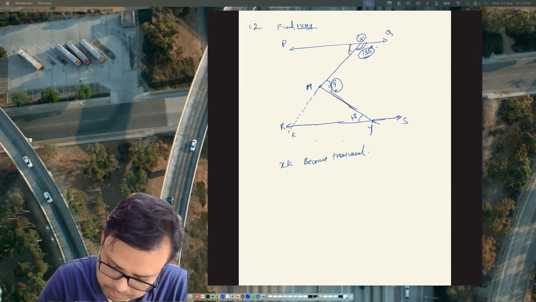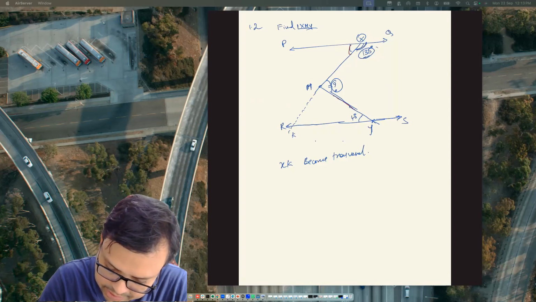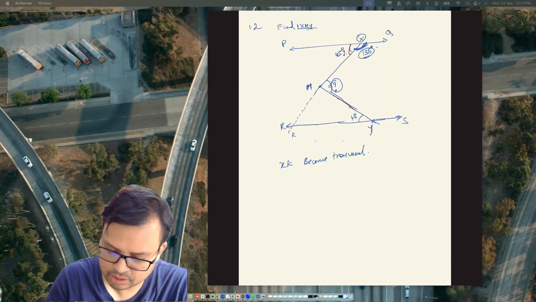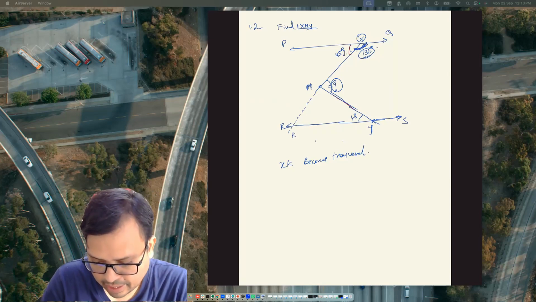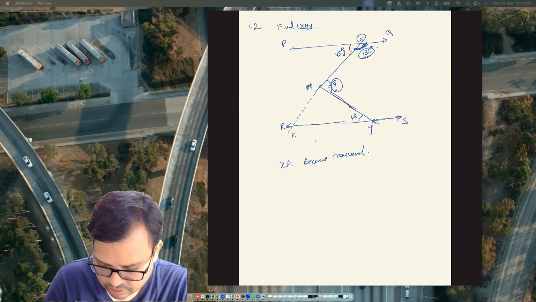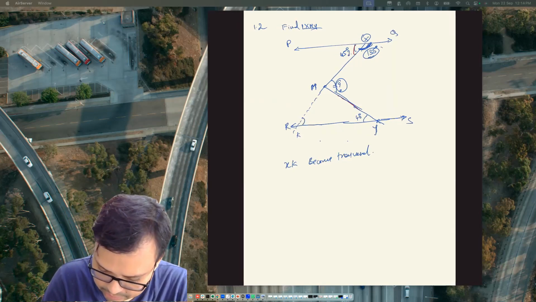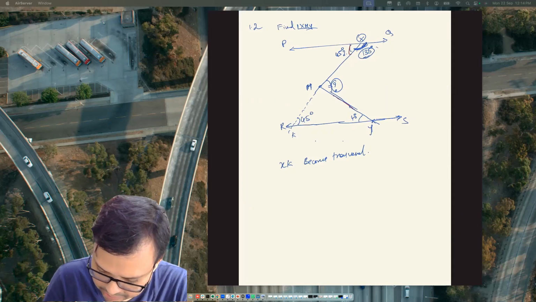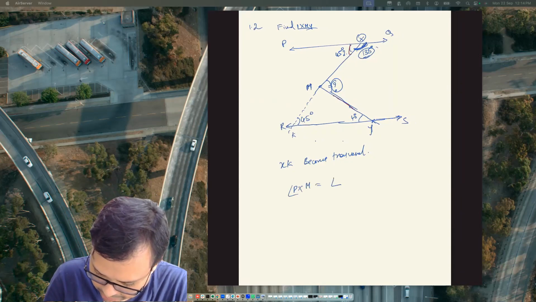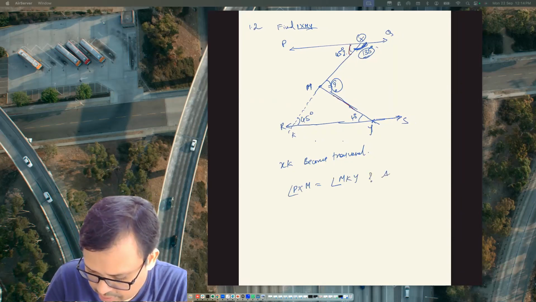Because PQ is also a straight line, and this angle is already given as 135 degrees, what will be this angle? This angle will be 45 degrees. Why? Because of linear pair. As XK is a transversal, this angle also becomes 45 degrees because of alternate angles. So let's write that angle PXM is equal to angle MKY. Why? Because these are alternate